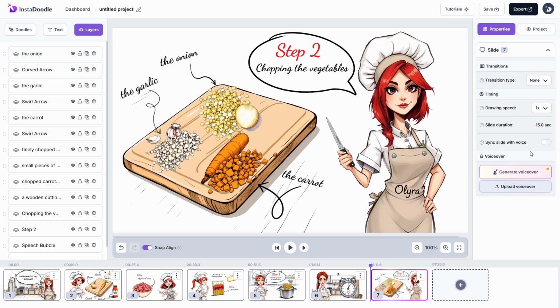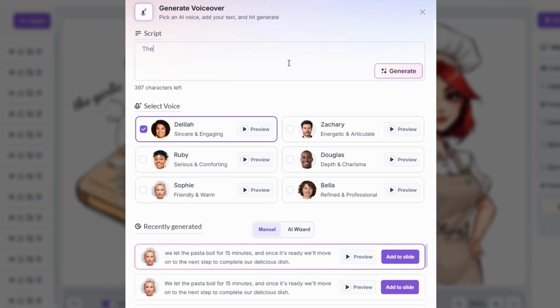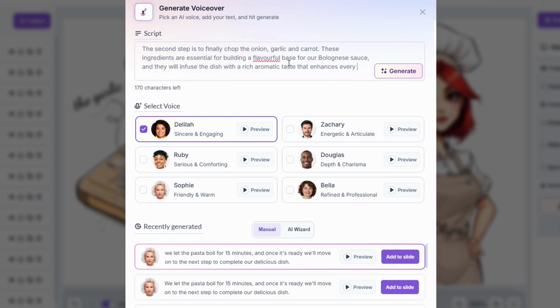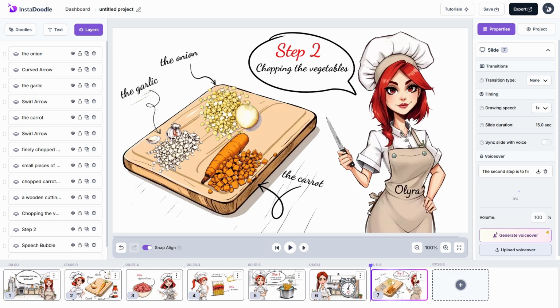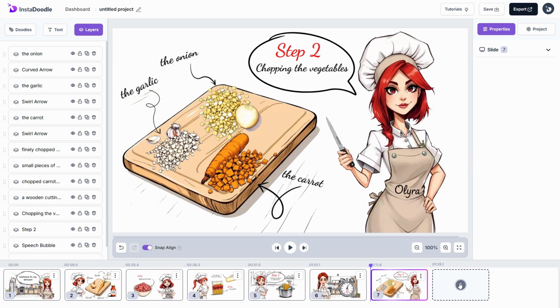We also need a voiceover, and it's going to be, the second step is to finely chop the onion, garlic, and carrot. These ingredients are essential to building a flavorful base for our bolognese sauce. They will infuse the dish with a rich aromatic taste that enhances every bite. Now once we've checked the transition type and the slide duration, we can move on to the next one,